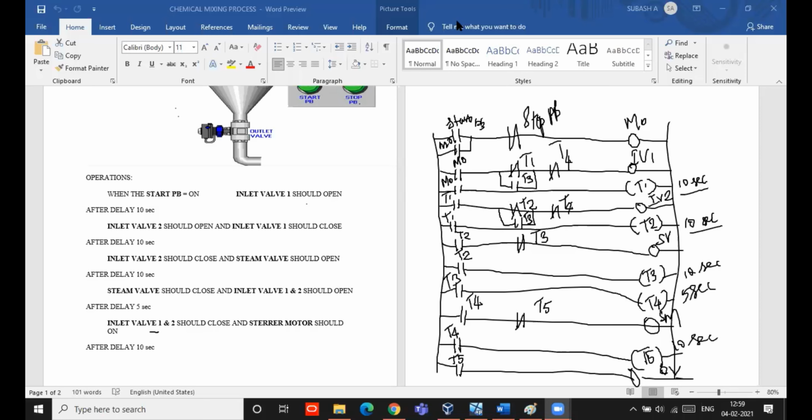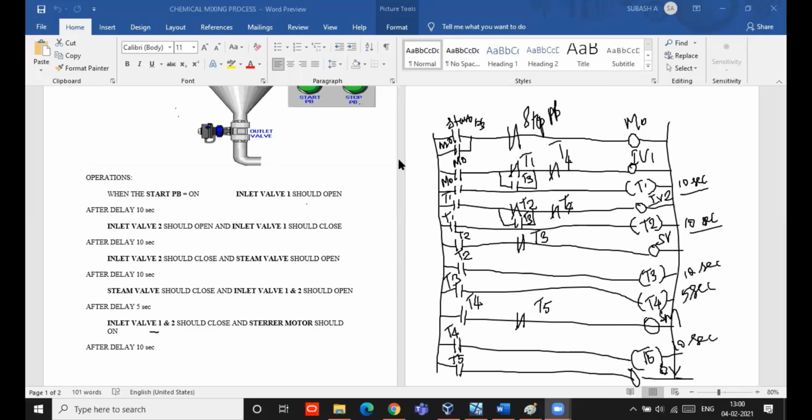So I think the topics which you have covered today are clear for you. We have discussed the different types of data available, digital and analog data, what is resolution and what is a register, and how that register is connected with different blocks, like how the analog input is received inside the PLC with blocks like comparator block and move block.